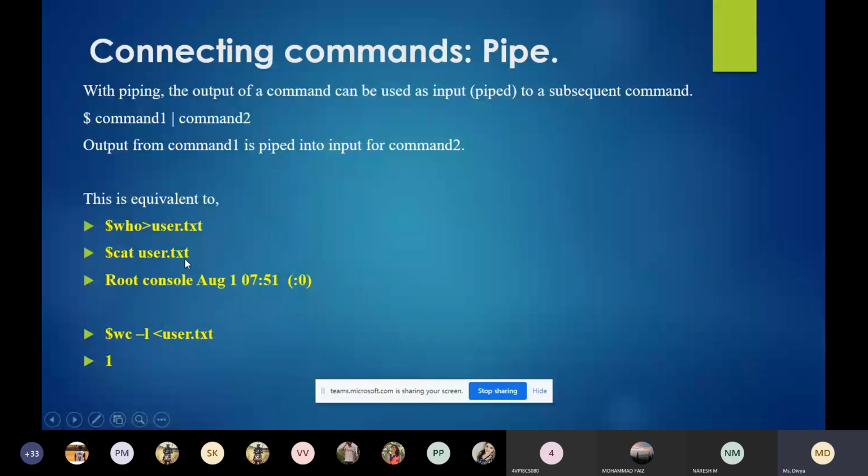What will the cat command do? In the previous class, I asked one student, what is the cat command? Who was that?